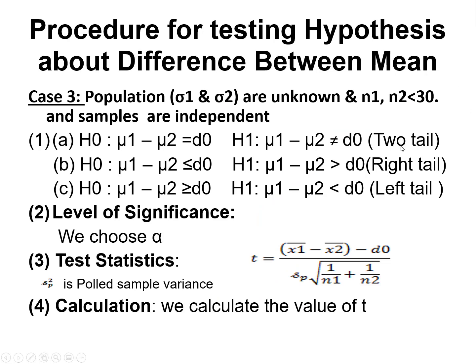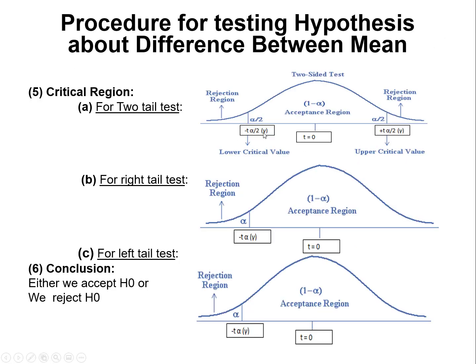In the next step, from the first you will know what is a two-tailed test, because on the basis of the alternative hypothesis you will decide whether your test is a two-tailed test, a right-tailed test or a left-tailed test. If it is a two-tailed test, then we will divide this normal distribution into two portions. The acceptance region will be this one, because we are not sure whether it will be greater than or less than, so that is why we divide that error into two portions.